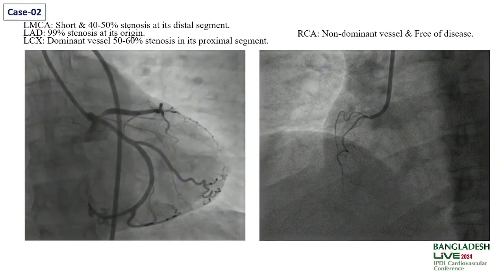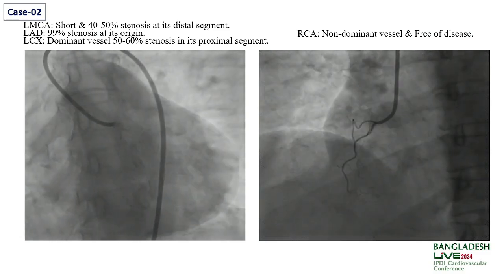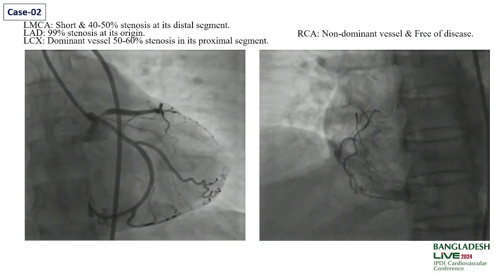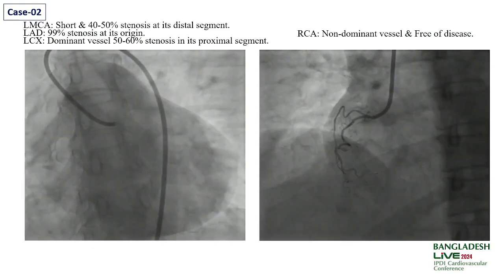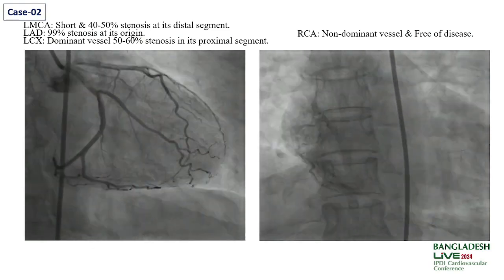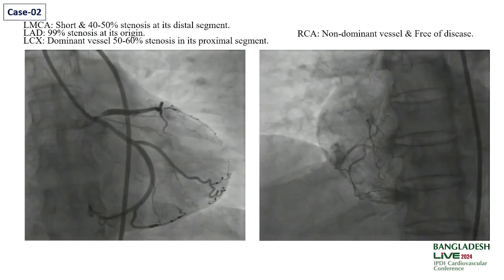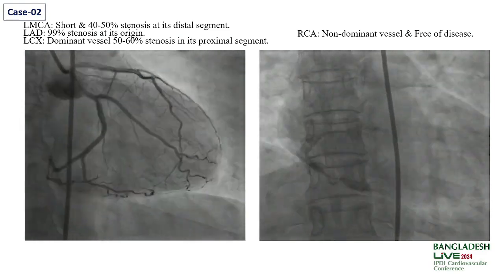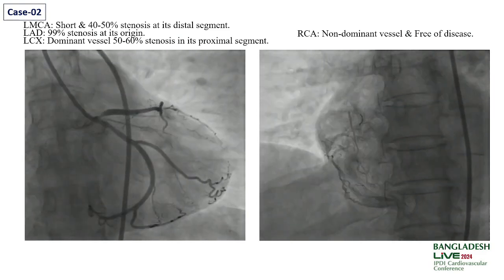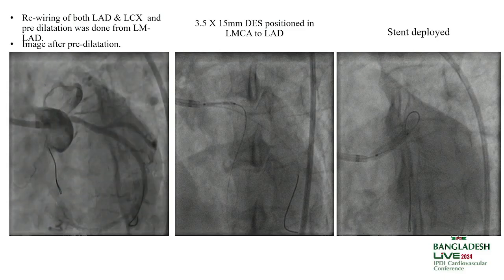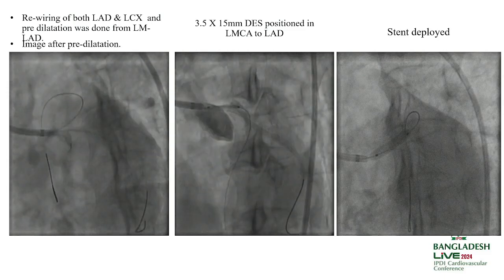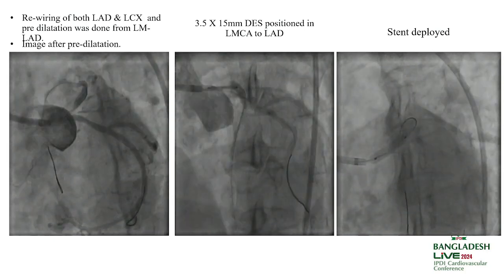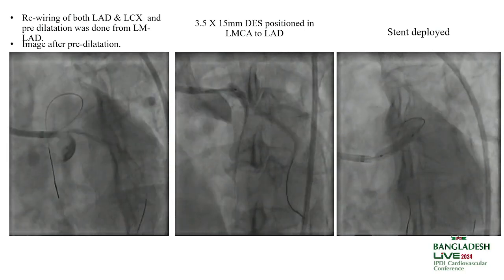So this is the second case of Culotte. This is a left dominant patient with a short left main, with 40 to 50% stenosis in the distal segment. The LAD has a 99% stenosis at the ostia. The LCX has a 40 to 50% lesion. The left system is non-dominant. So I wired both vessels with run-through floppy wire, and I went for a provisional stenting from left main